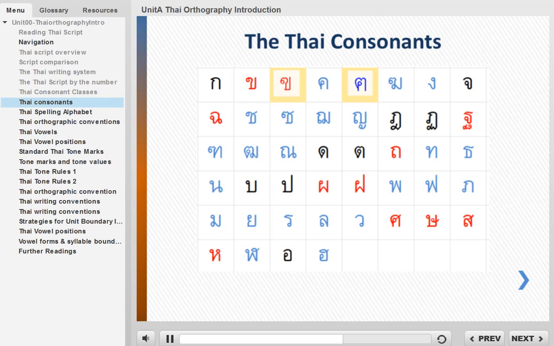The inherent tone of the mid and low consonant classes is mid tone. The inherent tone of the high consonant class is rising tone. Click on each consonant to listen. Click Next to move to the next slide. กอ ขอ คอ